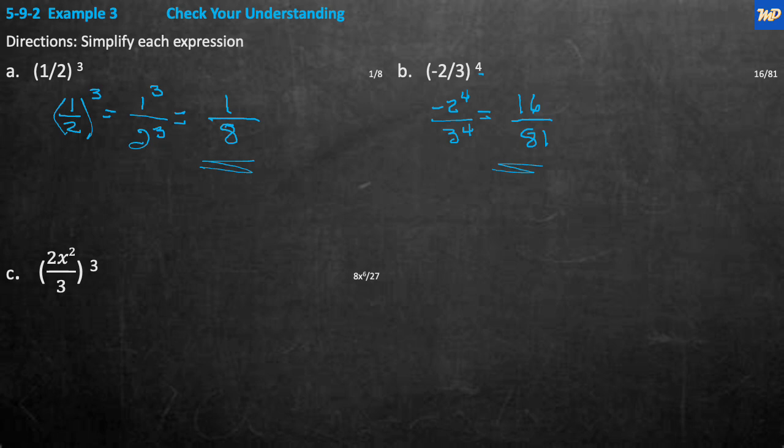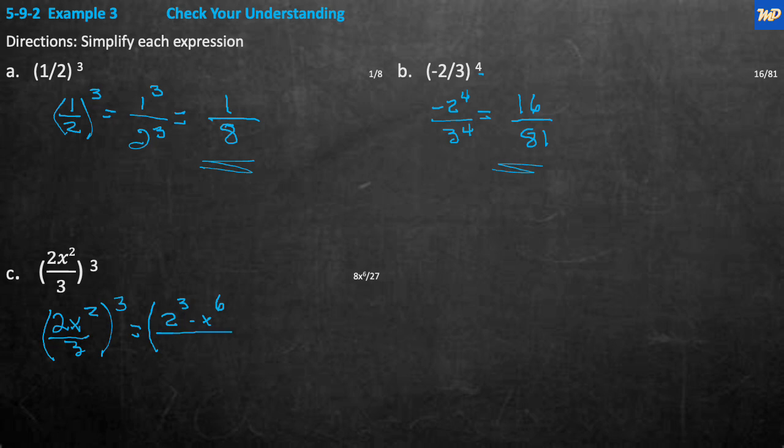C, 2x squared, in parentheses, over 3, cubed. Well, everything inside the parentheses now is going to be cubed separately, because you can't cube just the 2x, so they're all separate. So that equals, inside the parens, 2 cubed times x squared, and I'm going to complete it. Squared cubed means you multiply the powers, so it's going to be to the 6th